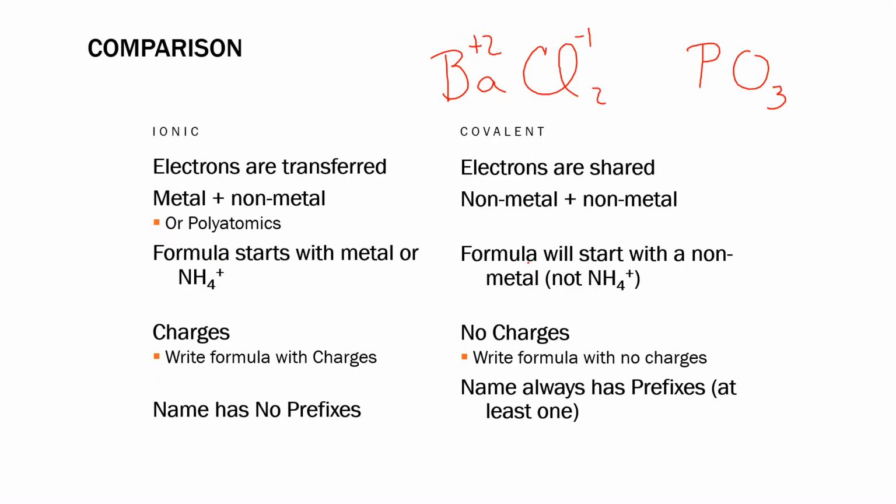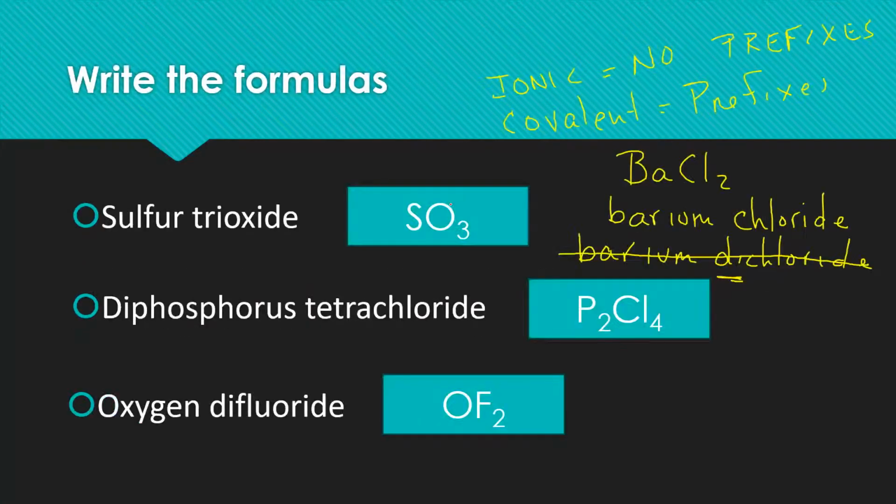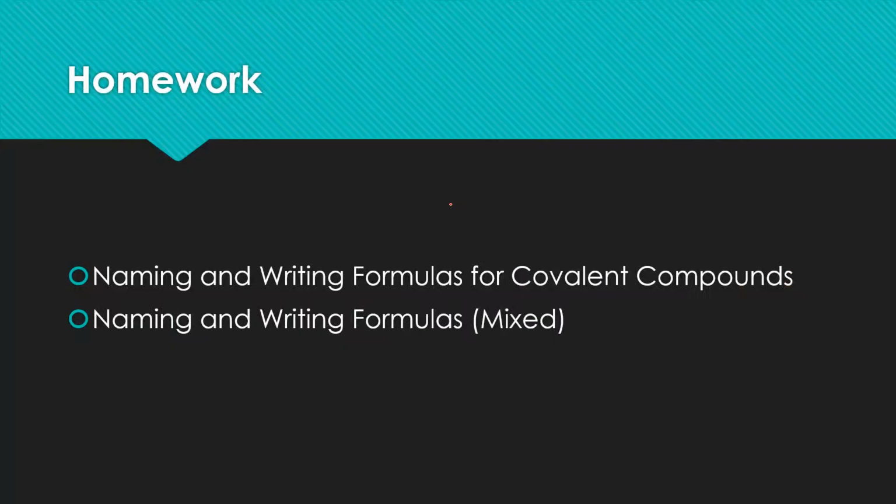That's it. So I just want to throw that in there at the end, just a quick comparison so that when you do that last handout of the homework, go backwards, do the last homework, the mixed naming and writing formulas, your first thing you need to do is figure out whether it's ionic or covalent. Okay, that's it for lesson 4. Hopefully you get something out of this and you can understand a little bit better about covalent compounds. Lesson 5 is all about molecular geometry and polarity. I'll see you